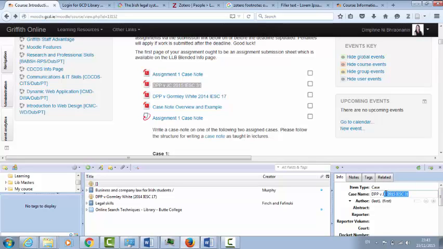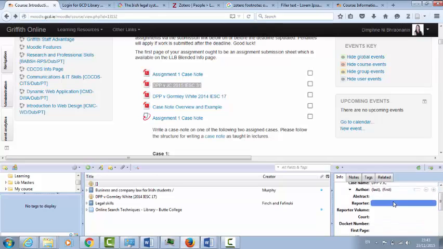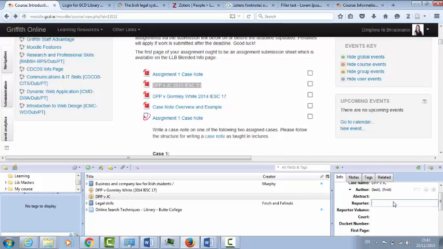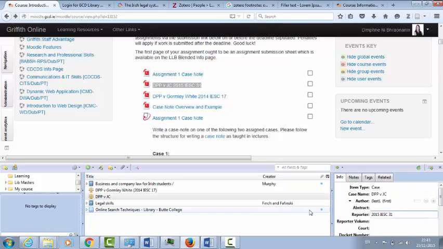Now what I'm going to do is, this is the cheating bit, I'm going to take that out, okay? I'm just going to leave the case name with the parties in, and I'm going to put it down here in Reporter. And the reason I'm doing this is that it's the only one that I can see where it actually exports it in such a way in the bibliography that is similar, with the brackets and everything, all the formatting correct, okay? And to show you what I mean by that,